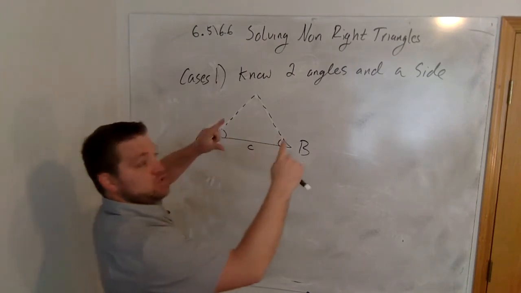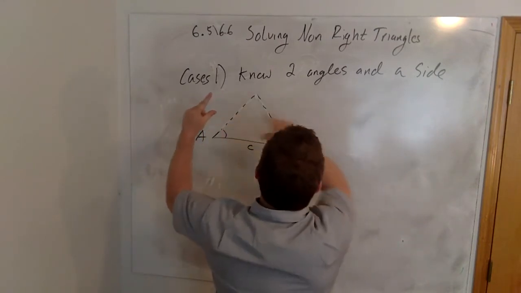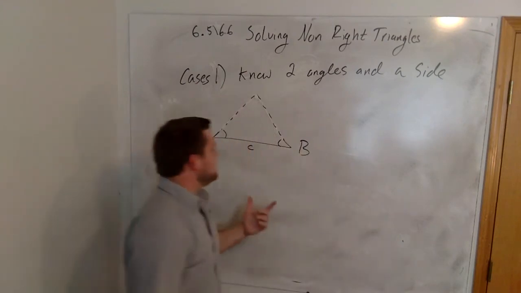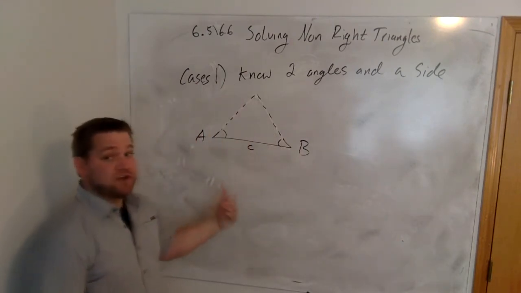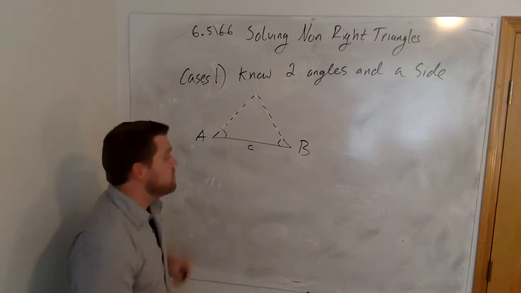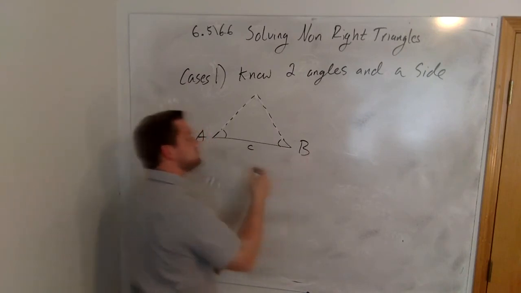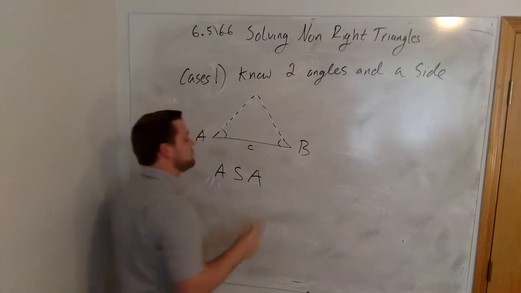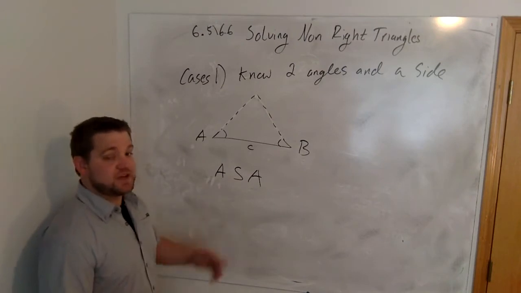So we have two angles. Now this could be a lot of different triangles, but as long as I know this length in between them, this will lock the triangle in place. Now specifically, I'm saying that I know the side length between A and B, so we write this type of triangle, or we're knowing this type of information in a special way. What we know is we know angle, side, angle. So we denote this as an angle, side, angle triangle. We know two of the angles, and we know the side in between them, or this will be an ASA